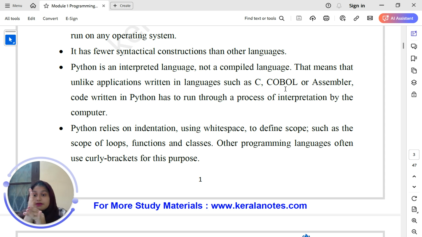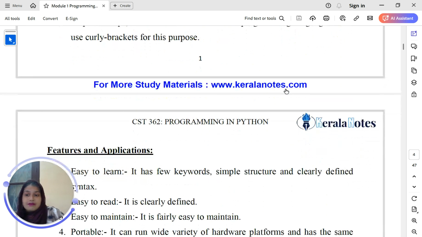If we leave a space from the margin, then that is considered to be an indentation, and if this space was not meant to be in that position, then that will possibly lead to an error. So Python relies on indentation using white spaces to identify scope such as the scope of loops, functions and classes. Other programming languages often use curly brackets for this purpose.